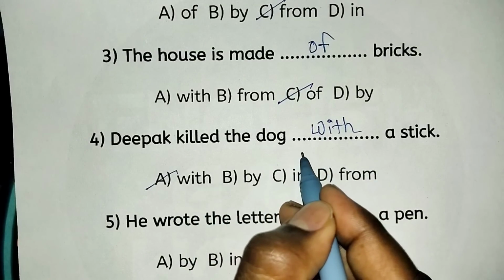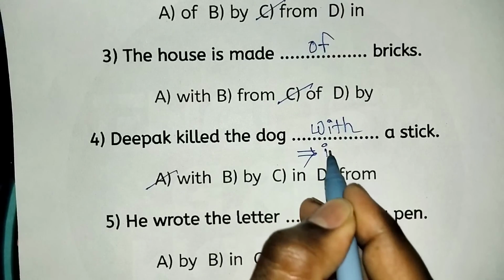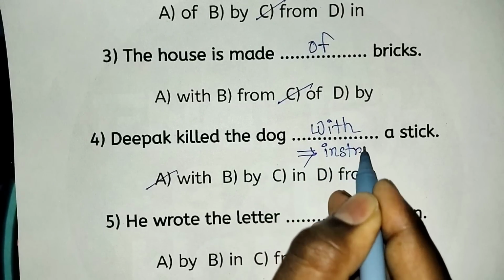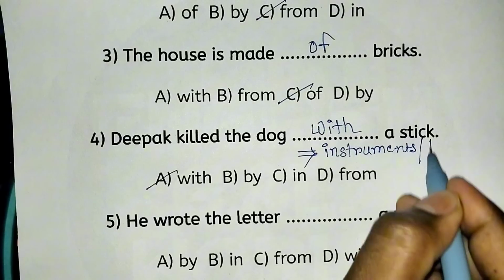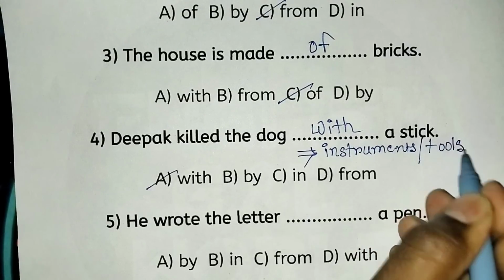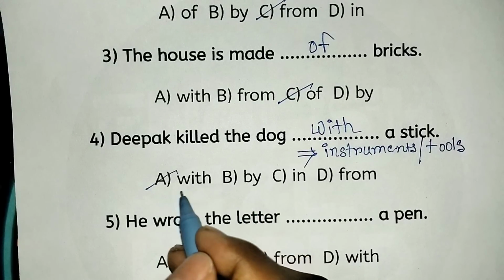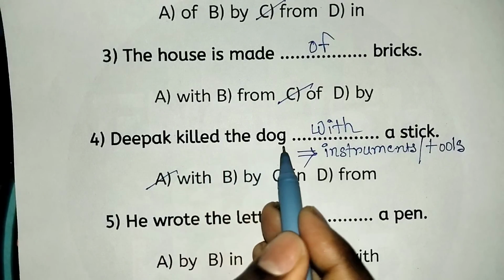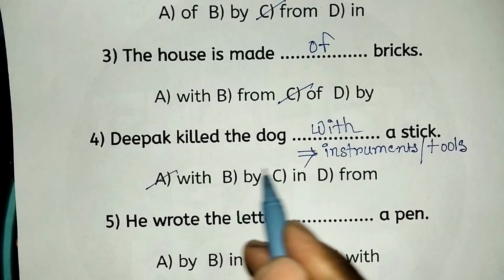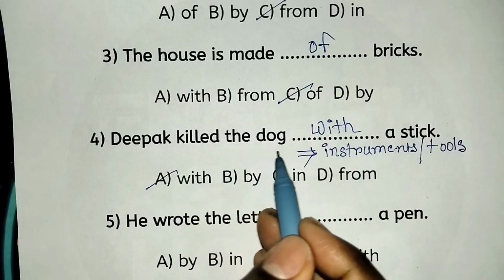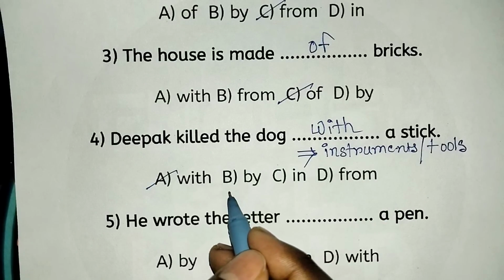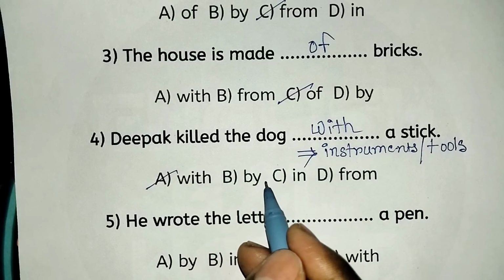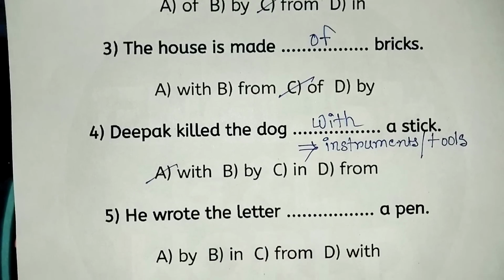So if you use instruments, or you can say tools, you have to use with. So Deepak killed the dog with the stick. But if Deepak killed the dog by his hand, then we have to use by, not with. Okay, next,